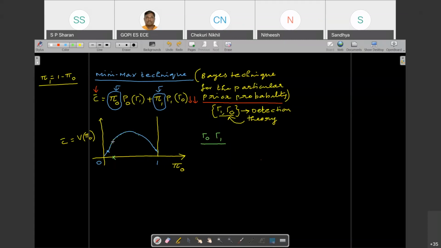The probability as p. Pi naught is also the probability, so it is a function of p now. So let me put it as the function of this. When p is 0, you get the value here. When p is 1, you get the value here as k1, right? So it is like that. So what is k1 and k2 is from this expression.